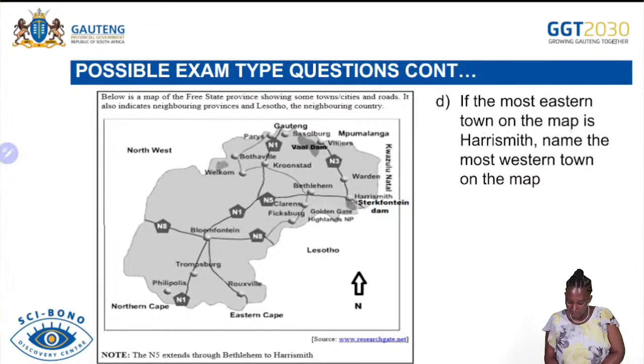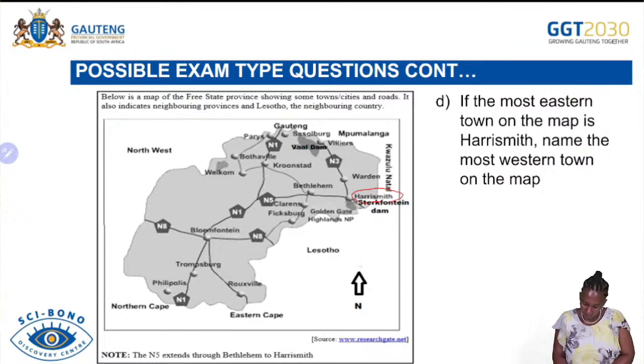eastern town of the map is Harrismith. Here is our Harrismith. And then, as you can see, here's our true north. The north is facing up. So now, they say if the most eastern town on the map is Harrismith, name the most western town on the map. So now, if we are to do this,